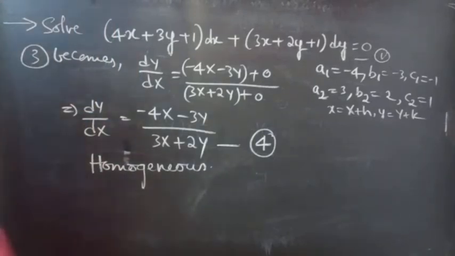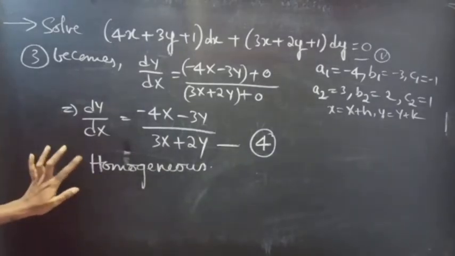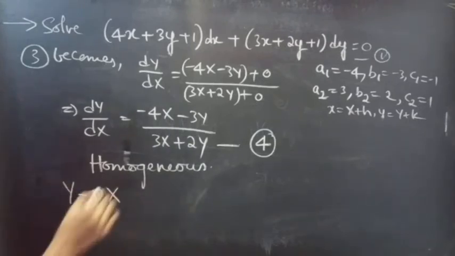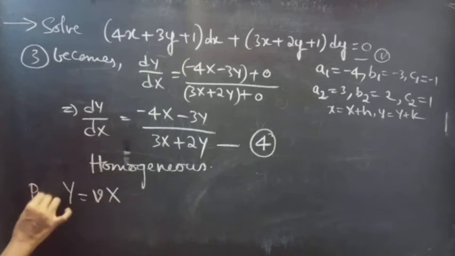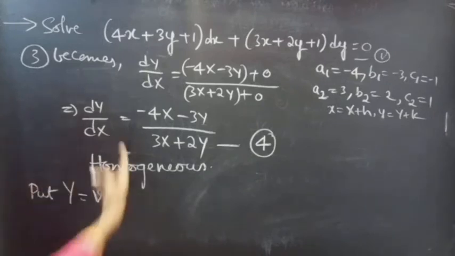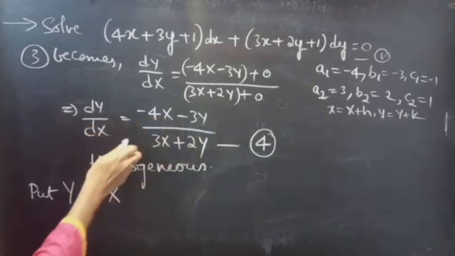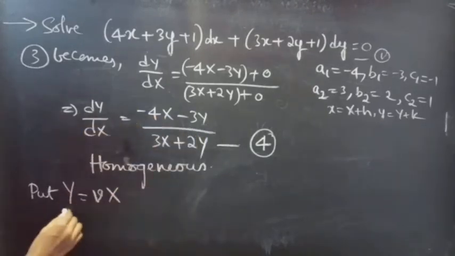Okay, fine. Now you can solve this equation simply using the homogeneous procedure by taking y equals vx. Okay, simply put y equals vx to solve the reduced homogeneous equation. Now